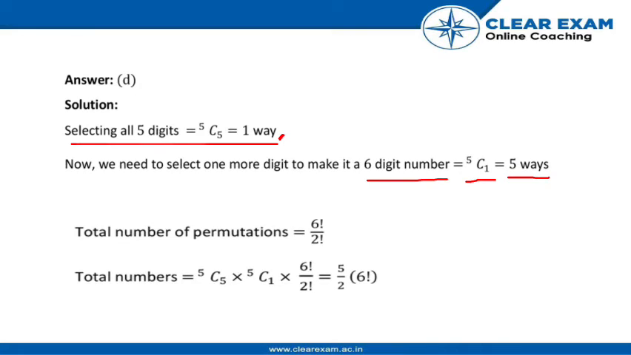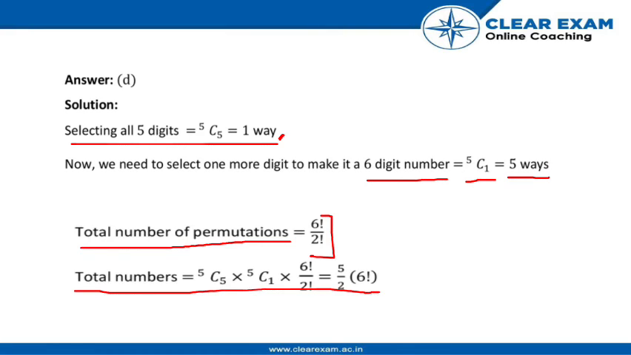So to find the total number of permutations, we use 6 factorial upon 2 factorial. So now, for the total numbers, we multiply